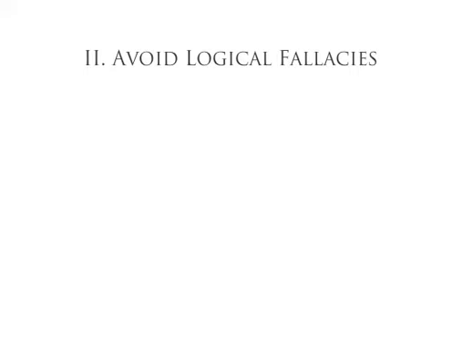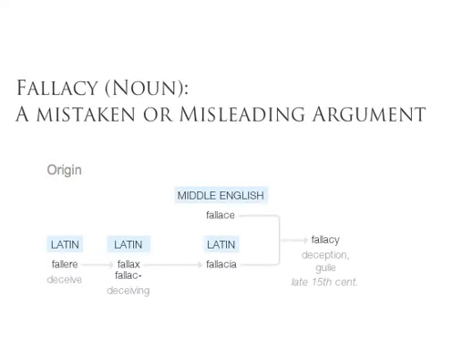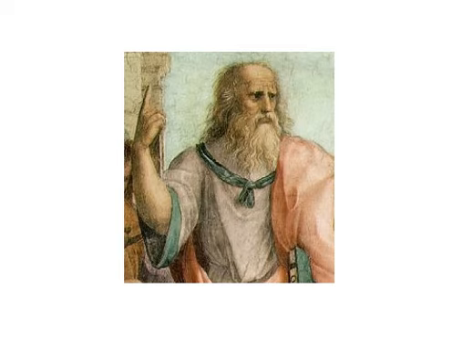A fallacy is a mistaken or misleading argument. The word fallacy comes from a Latin word for deception and shares an origin with the word false. Going back to Plato and the sophists for a second, we can look at their relationship as a battle between true and false. Not all fallacies are intended as deception or even recognized as such by those who use them. Faulty logic may be wrong, but it is often used by people who don't know it's wrong or why.